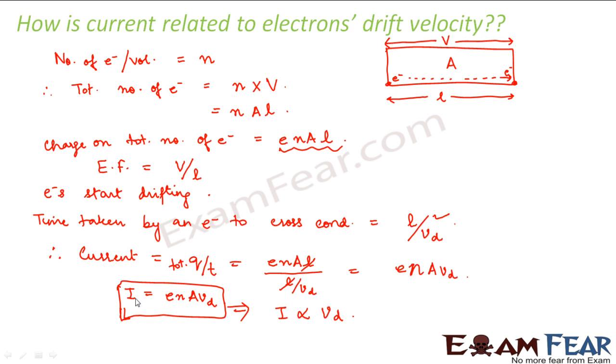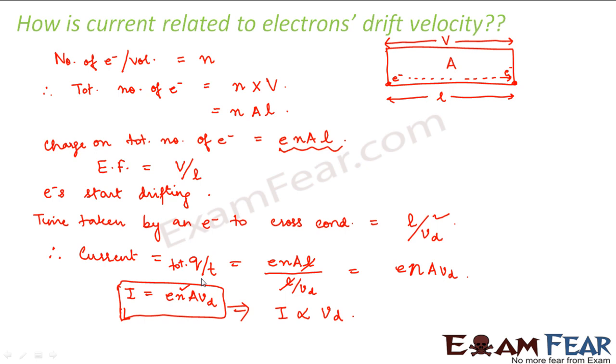Now, you must be wondering: drift velocity is a very small velocity, because in the last slide I told you that drift velocity is of very small magnitude, as the electron gains a very small velocity. Then how is it that current travels so fast? If electrons are moving so slowly, then how is current traveling so fast? From this expression you can see that drift velocity is one of the factors which determine the current, but it is not the only factor. The other factors also include the number density of electrons.